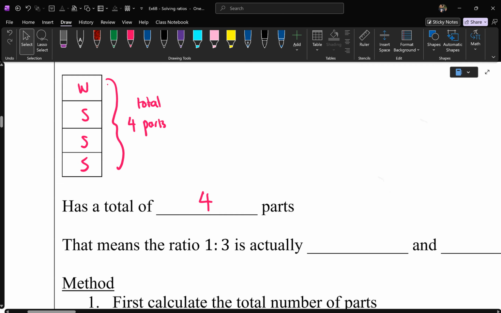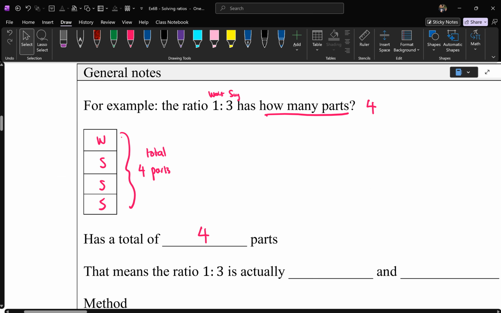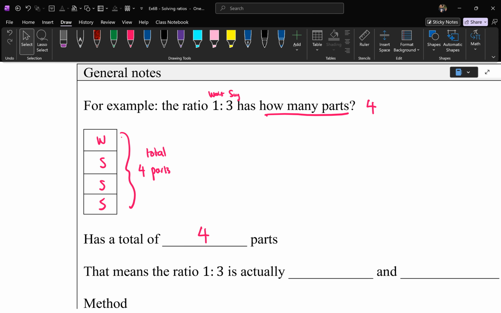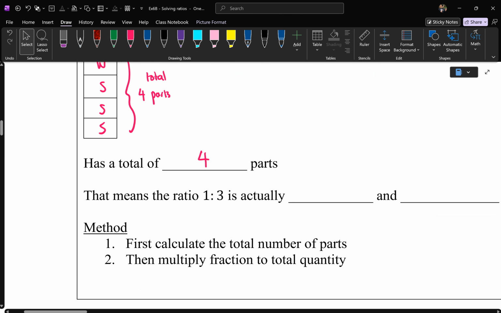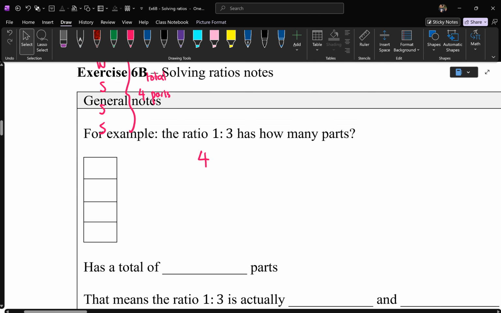4 should go here. So a total of 4 parts. That means the ratio of 1 to 3, if it was water and sugar, 1 part water to 3 parts sugar, what it actually truly means is in this total recipe, 1 out of 4 is water. So can you see that language that I'm using? Because it's a total of 4 to make this recipe, I know out of the 4 parts,